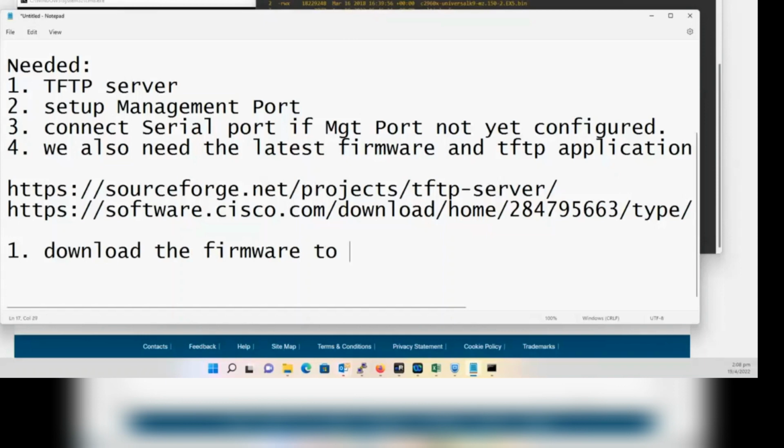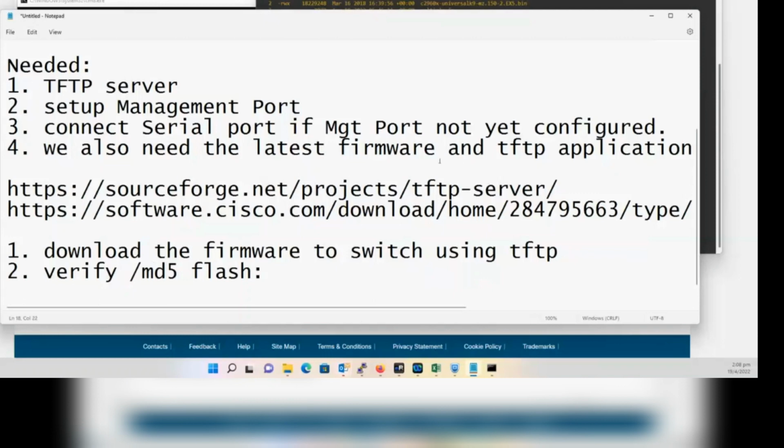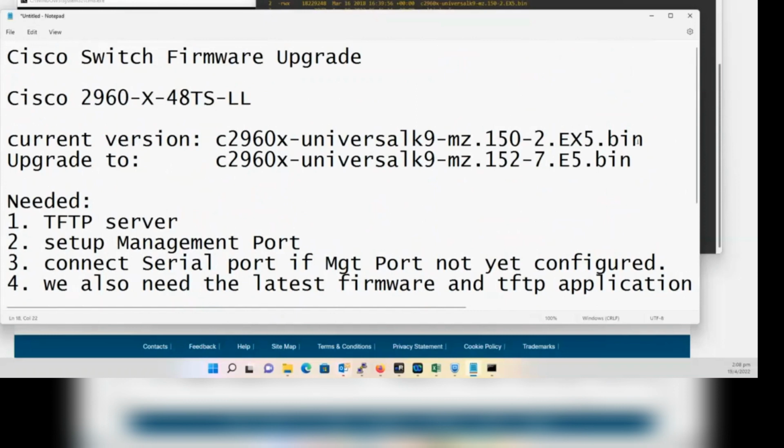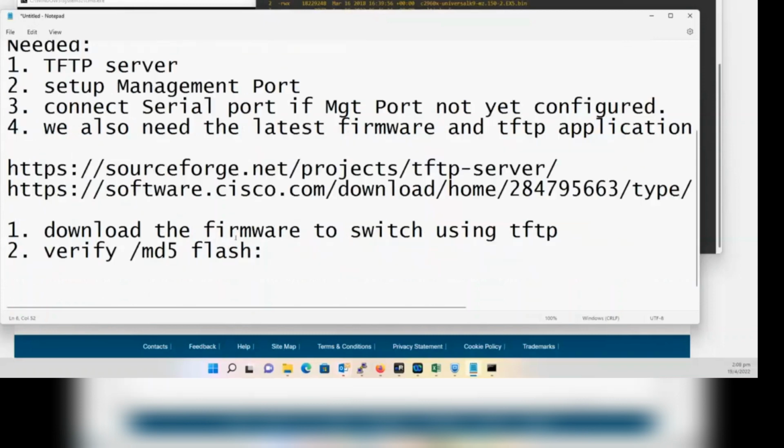So once you have downloaded the firmware into the switch, the second thing that you need to do is to verify the MD5 checksum, to check whether you have the correct file that has been downloaded. This is a hash, a checksum to verify the veracity of the file that you're downloading, whether it was tampered with, or whether it was downloaded correctly. And then